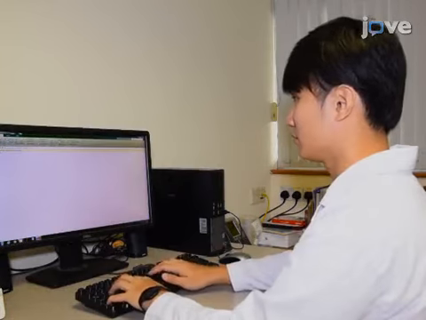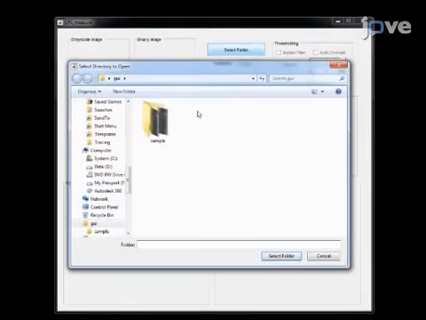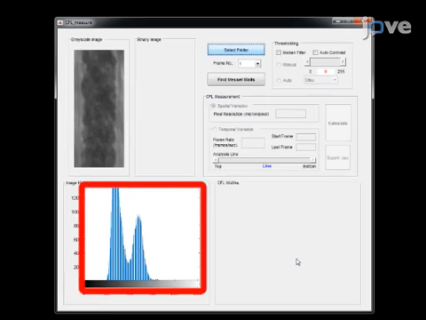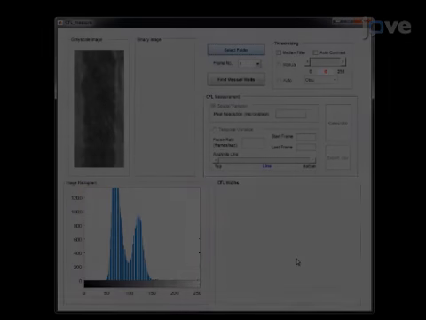To measure the cell-free layer width, click Select Folder and click on the folder of images. The first image frame will appear in the Grayscale Image panel, along with a corresponding gray intensity histogram in the Image Histogram panel. Select